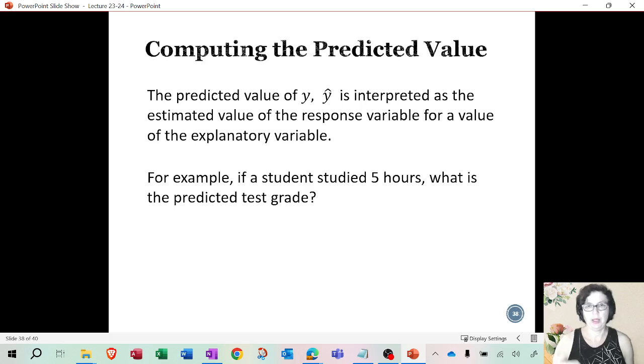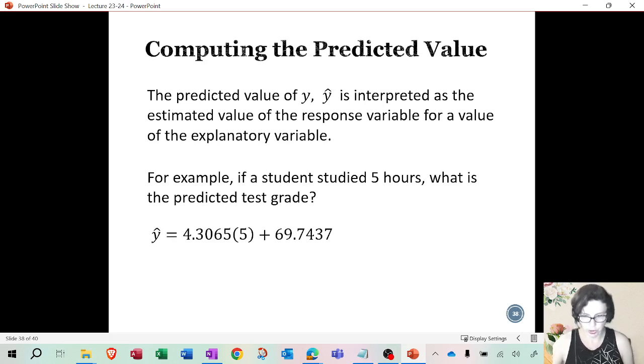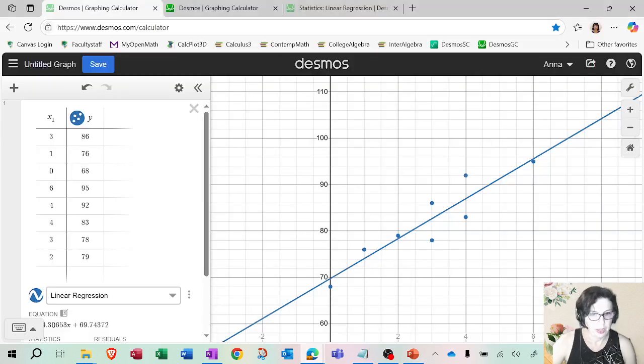So if you're saying, okay, based on the model, can you predict what would be the grade of a student on average, who studied 5 hours? So what you will do is just plug in 5 into the regression equation. But how are you going to actually do that in Desmos? Let me show you. So let's go back to the first example, which was the hours of study and the